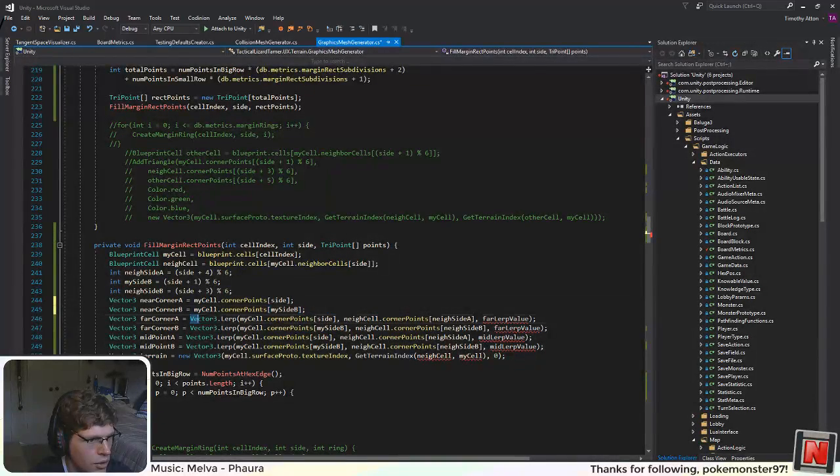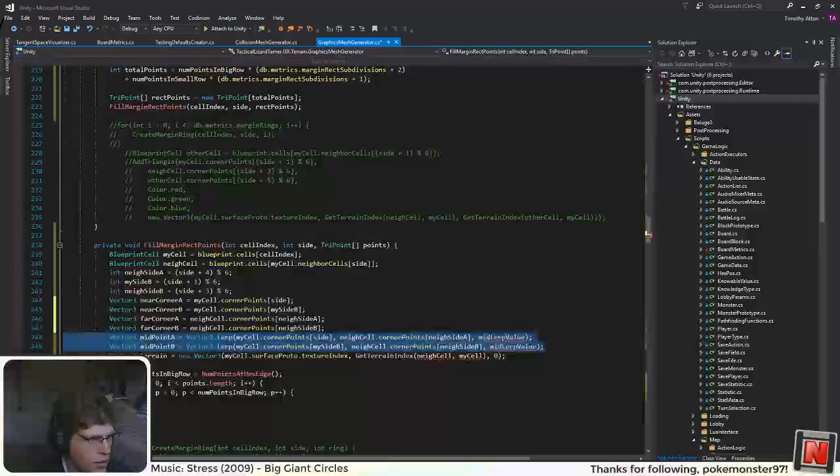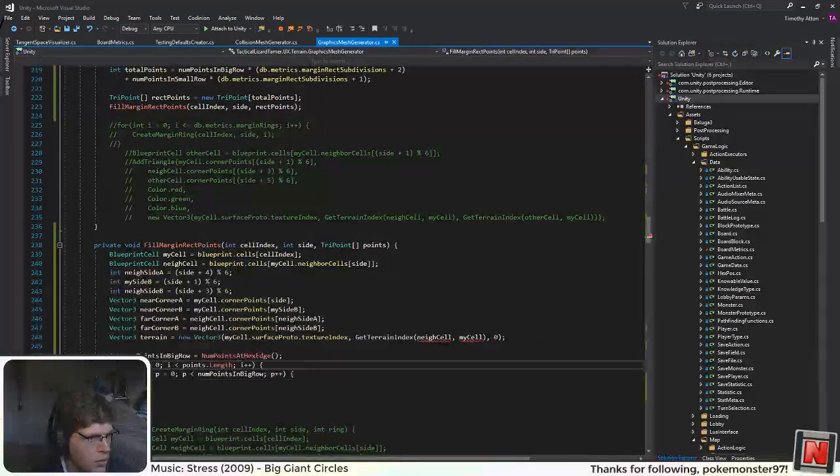And then the far corner is the neighbor's cell. And then we don't need this midpoint because we're going to be calculating that when we go through the loop. So,